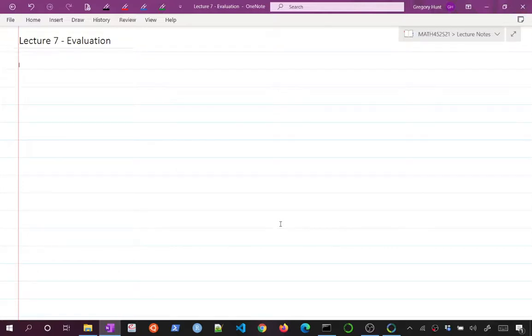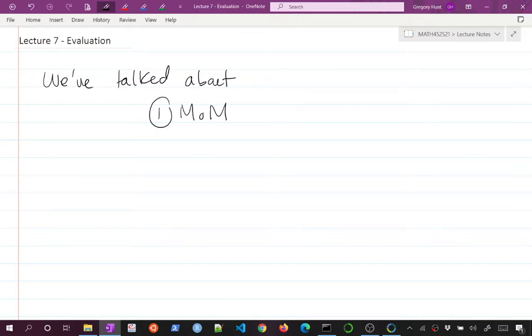In Lecture 7, we're going to talk about how to evaluate estimators. At this point, we've talked about a couple different ways of constructing estimators. First we talked about method of moments, and we've also now talked about maximum likelihood estimators, MLEs. And so for many problems, we could construct estimators, potentially different estimators,